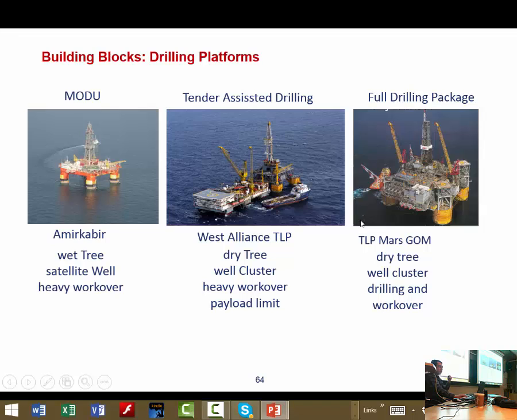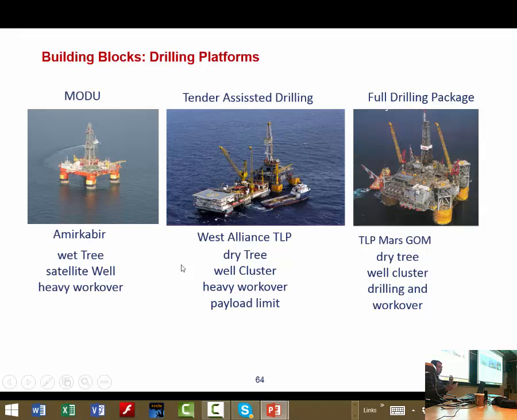And these are three examples. For example, this is a mobile offshore drilling unit which can be used for workover and well intervention systems, when you have a wet tree and satellite well system and you need heavy workover. And when you have a dry tree system with a well cluster system and you need heavy workover, and you have a dry tree system on your floating production unit right here, but you have a limitation for payload,